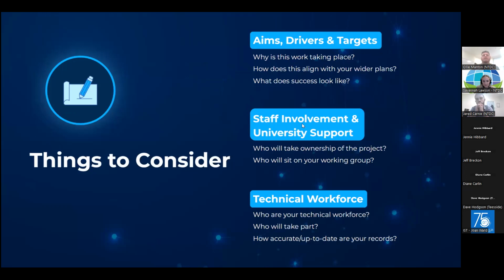So what are the things to consider when running the survey? First of all, looking at what the aims, the drivers and the targets are for running the survey, who the stakeholders are, how they will be updated on progress, what they want from the project, what the institution wants from